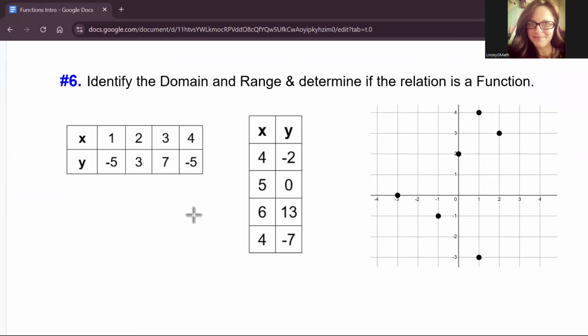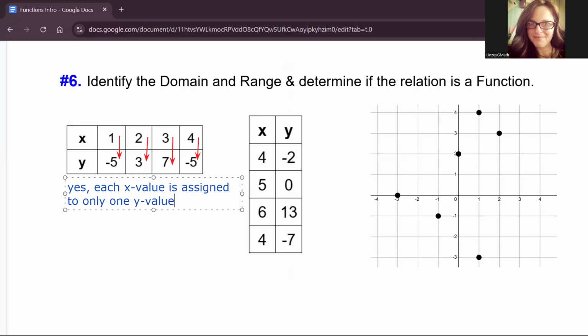We see that 1 is mapped to -5. 1 is not mapped to anything else. 2 is mapped to 3, 3 is mapped to 7, and 4 is mapped to -5. This is a function. Each x value is assigned to only one y value. Yes, function. And the middle one,